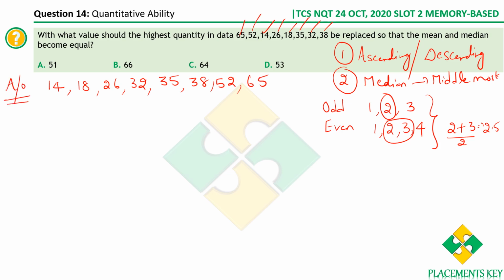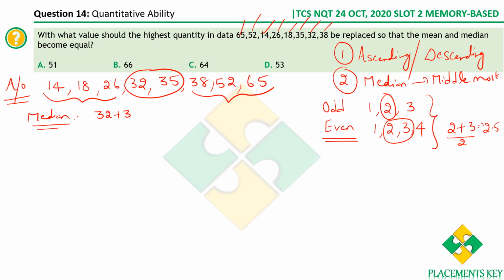Now what is the next step? See whether we have an odd number of terms or an even number of terms. 1 2 3 4 5 6 7 8. We have an even number of terms. As I told, when we have an even number of terms, you have two middle terms. Here you have three terms on this side and three terms on the other side, so you don't have exactly one middle term, you have two. So what will be the median now? It will be the average of the two middle terms, which is (32 plus 35) by 2, which is 67 by 2. So the median is 33.5. The median is computed.